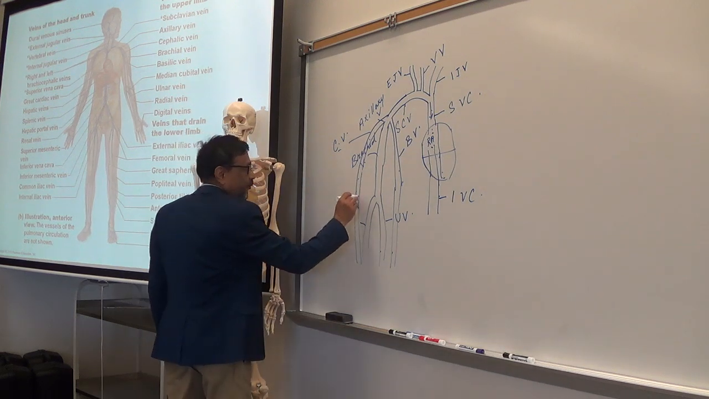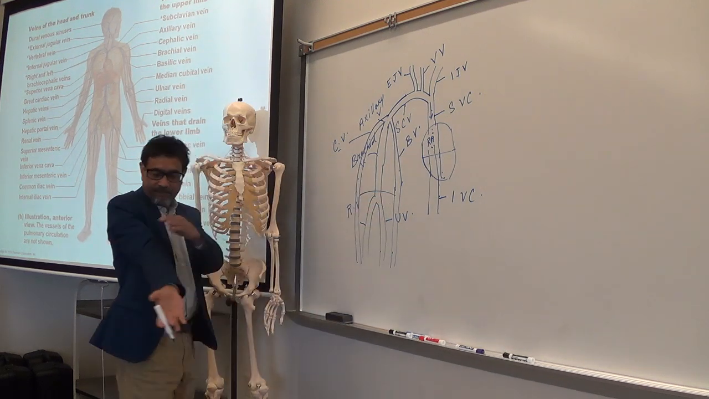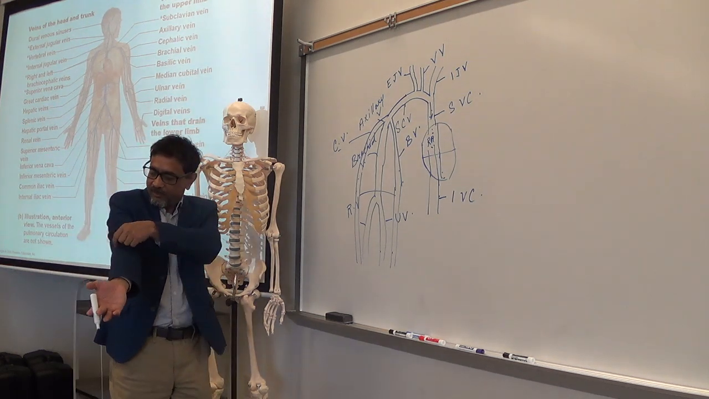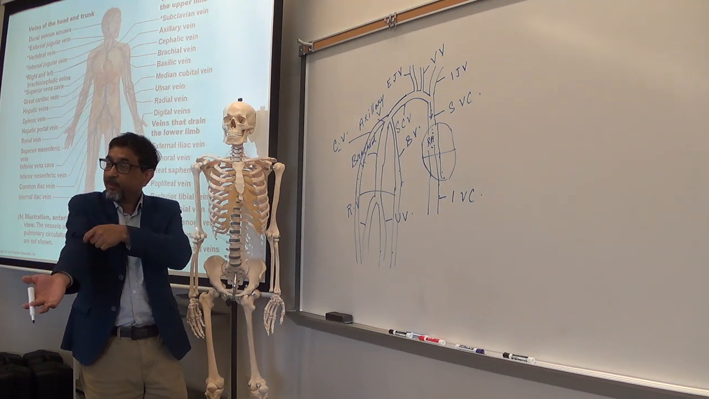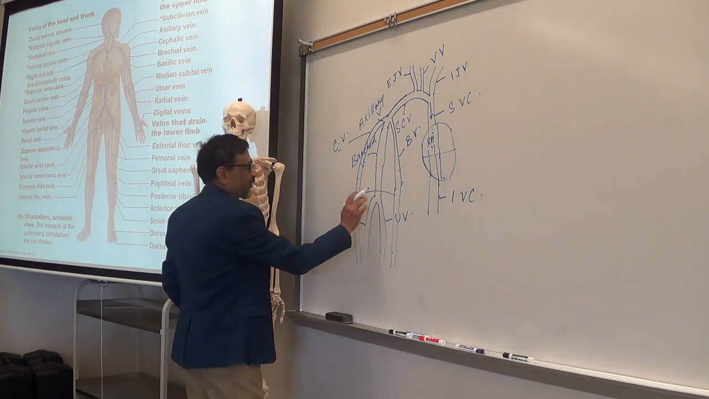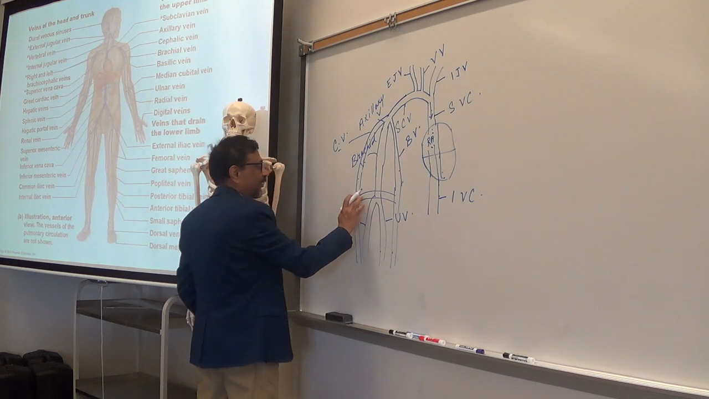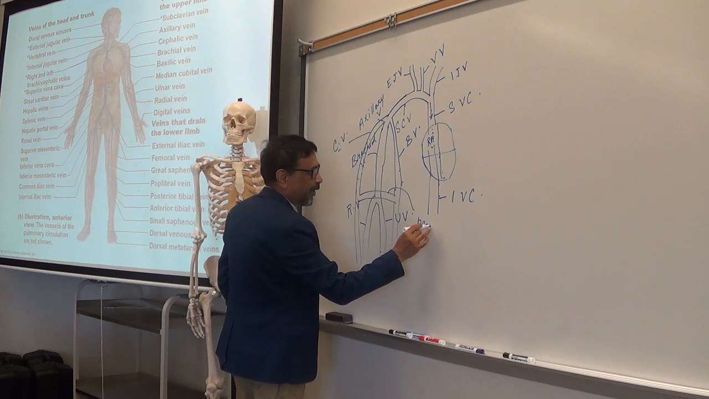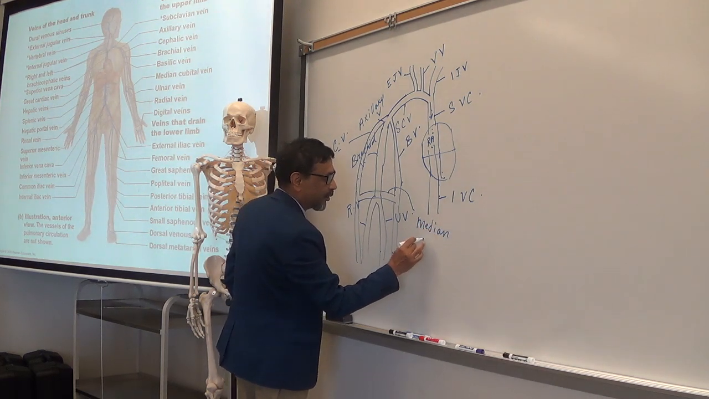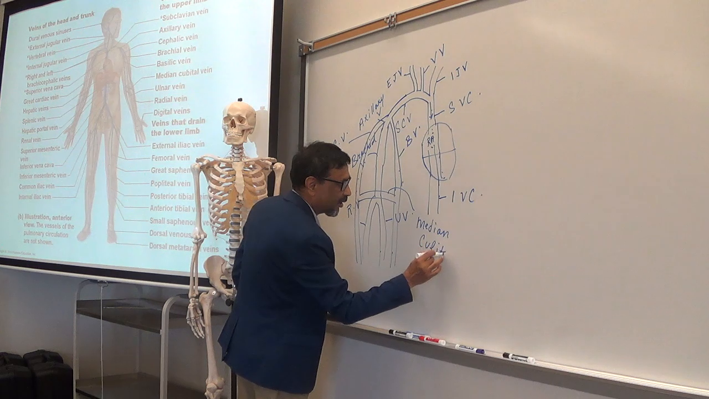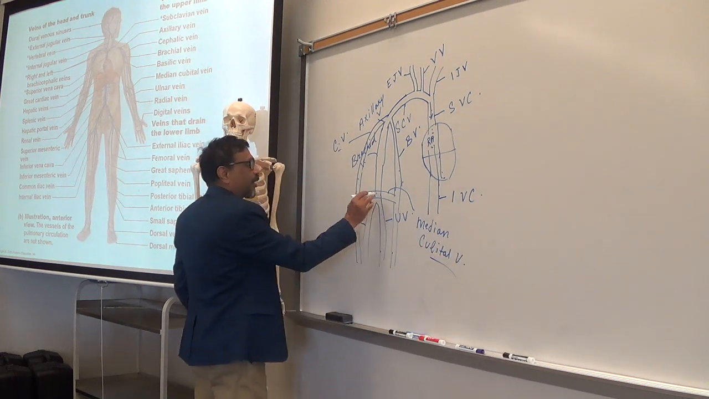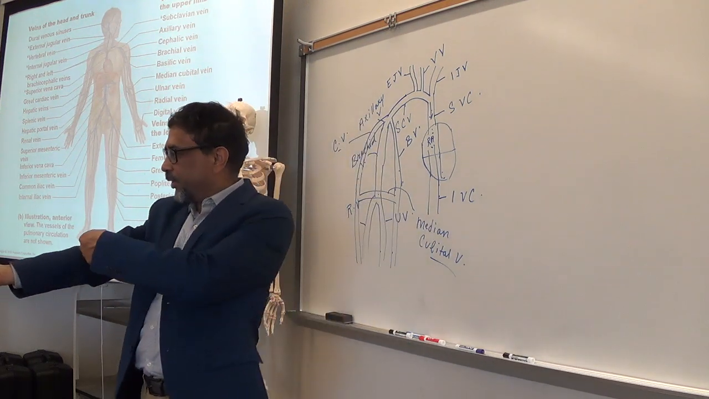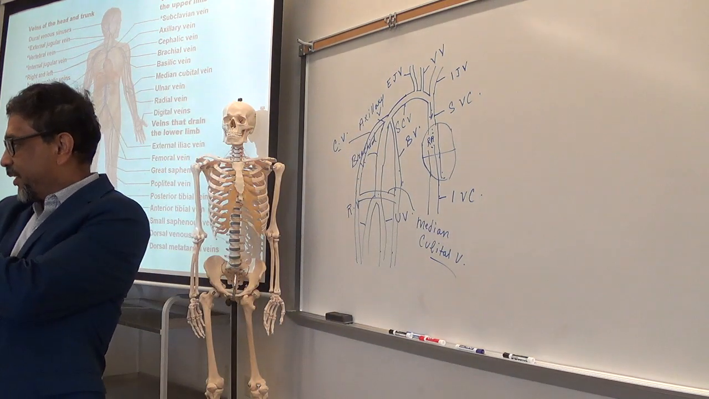And in front of the elbow, here, this is cephalic, this is basilic. In front of your elbow, these two veins are connected by the median cubital vein. And this vein is used most of the time, we take the blood for lab test from the